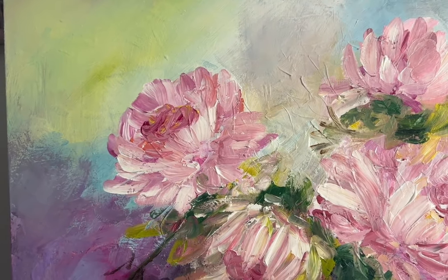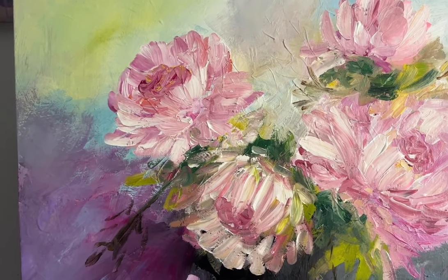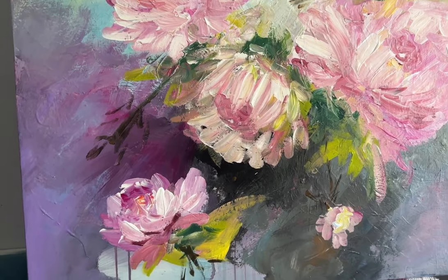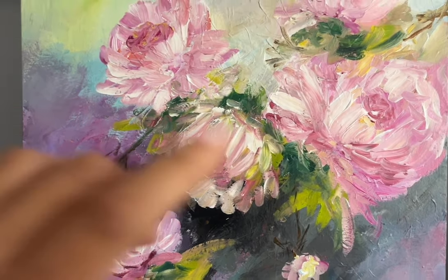And here it is. I think she is very abstract, very bright colors and an amazing background. Loving the spacing of the flowers. The position is just